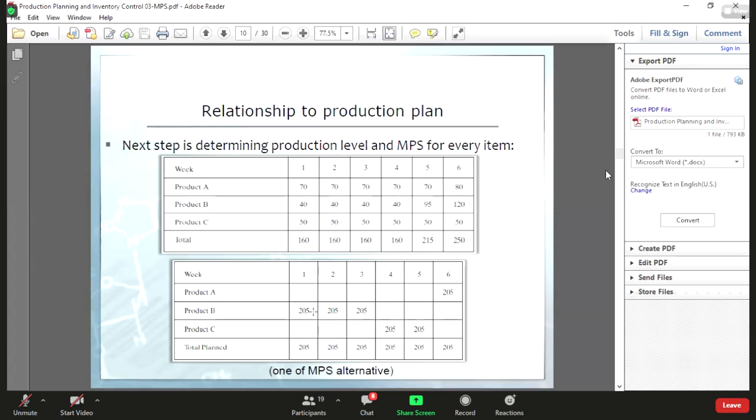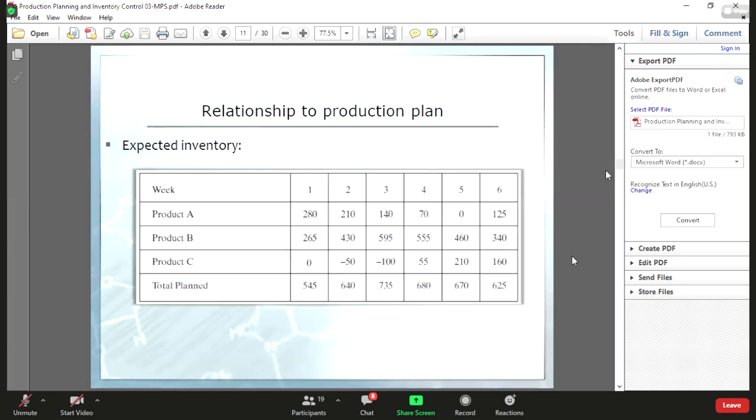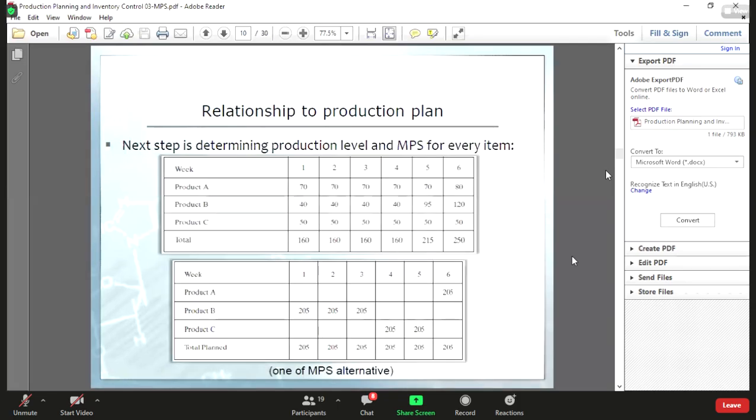Because this is not a good decision, when I ask you to reallocate the 205, to be A how many, B how many, and C how many, can you do that? No answer means yes, you can do that. Actually, sir, if the demand is constant, we can do it. But the demand in the 5th and 6th period is different for product B, so maybe it's a little bit difficult.